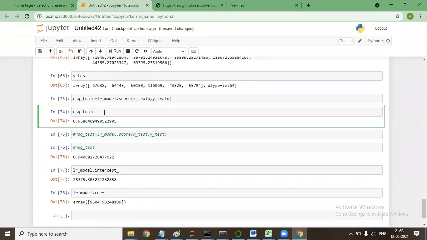Just execute these commands again, and tomorrow I will take 10-15 minutes to revise these things and then go to the accuracy metrics, that is the MAPE, RMSE, and a number of things, so that I can explain the accuracy with Y test and Y predicted as well.